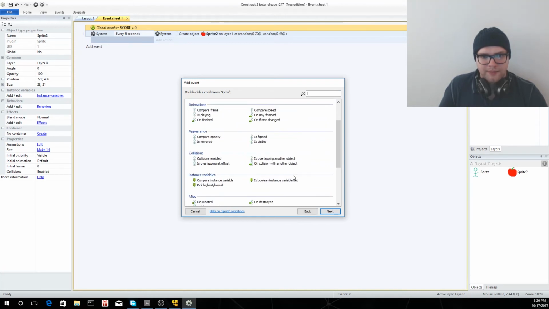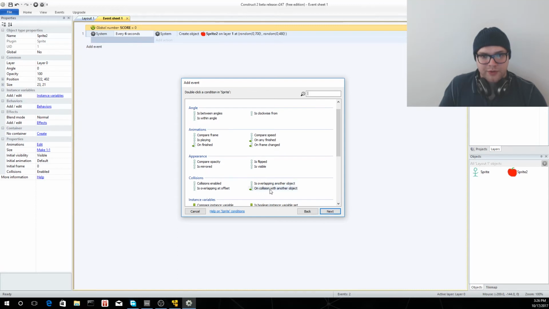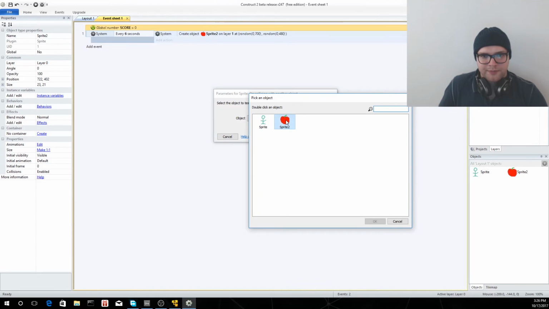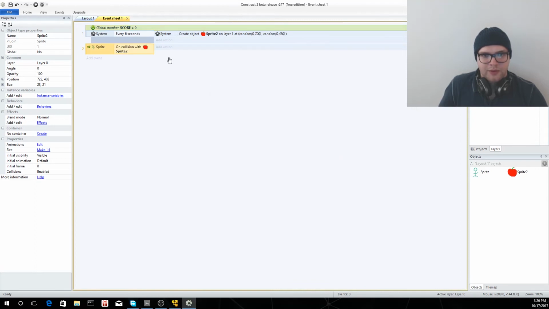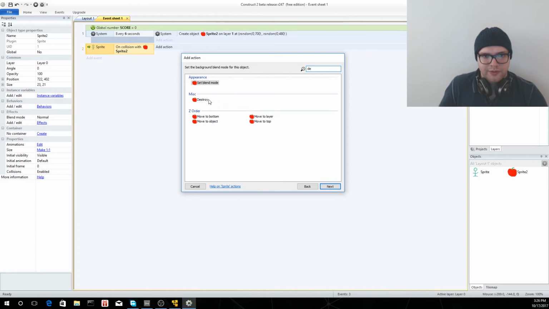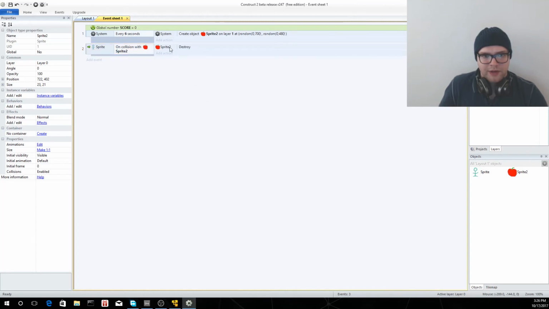Let me think. On collision with another object, and we will choose the apple. When it does happen, the apple needs to be destroyed, and I think by default it is targeting the apple I'm using there as an example,